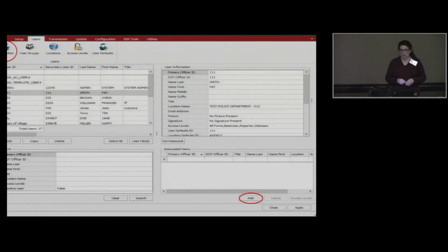It's not needed if the reporters are already allowed to view each other's forms. Okay. So to set this up, you will have to go and edit each user in your agency. What you're going to do is you'll bring up each user, and then in the lower right-hand corner, turn on my laser pointer here, you've got an add button, okay? And that's going to set up your user association for this user. So we're going to say, so if this is Joe's account, we're going to say which users can Joe see their cases. So we'll click the add,